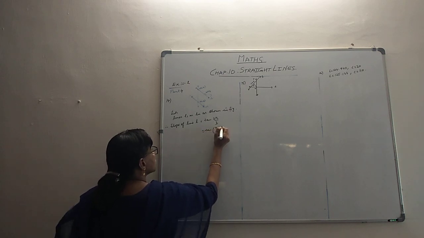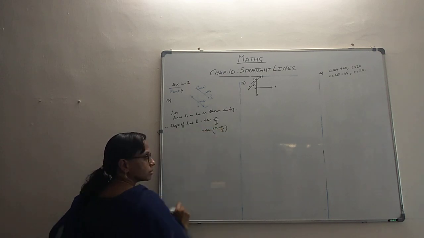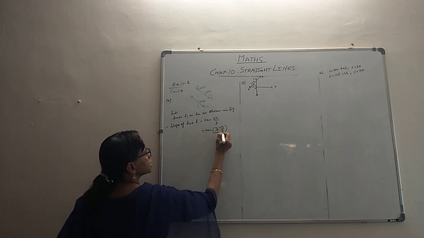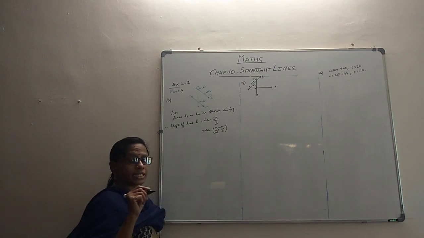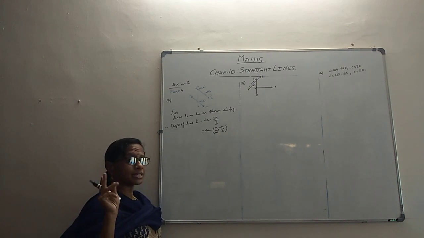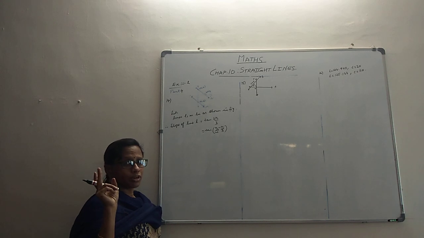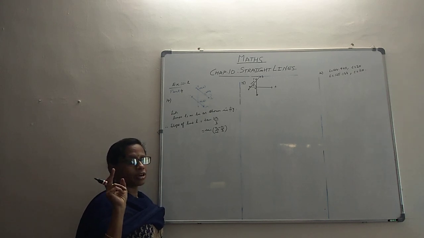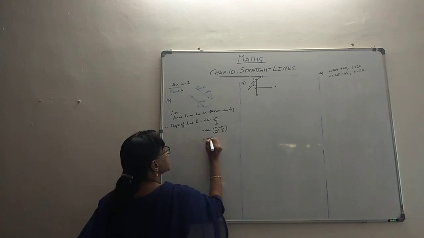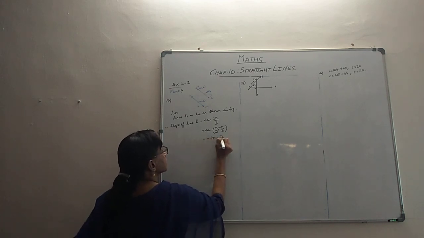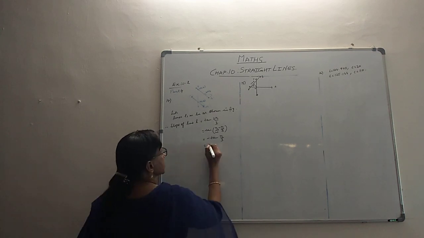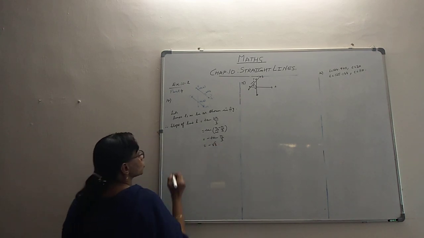2π/3 is also π minus π/3. Let's check. Writing 2π/3 is as good as writing π minus π/3, and π minus π/3 is in the second quadrant, which is the quadrant where only sine and cosecant are positive, so every other trigonometric ratio will be negative. Like that, this will become minus tan π/3, that is minus tan 60, so it comes to minus root 3. So you have the slope.